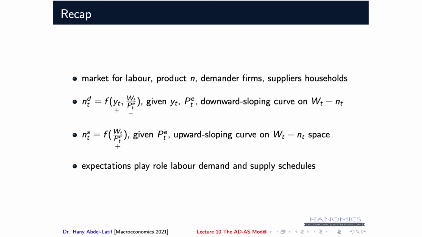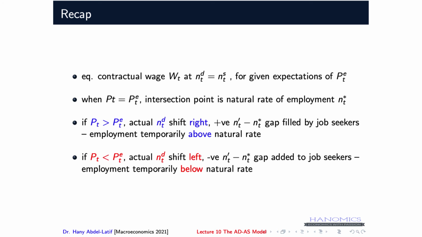So it's W, the nominal wage divided by the expected price level, and that is an upward sloping curve, again on the same space, W and N. And you see here now how expectations play an important role in both the demand and supply curves. Of course, as you may recall from last time,